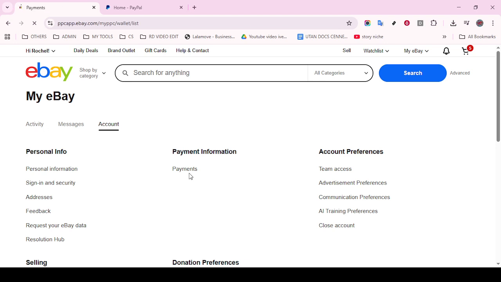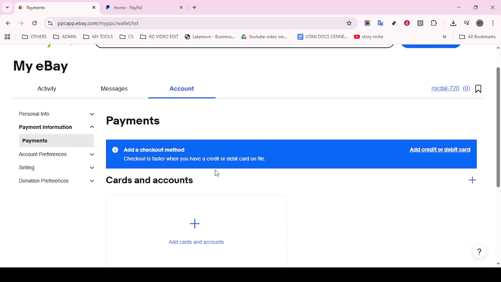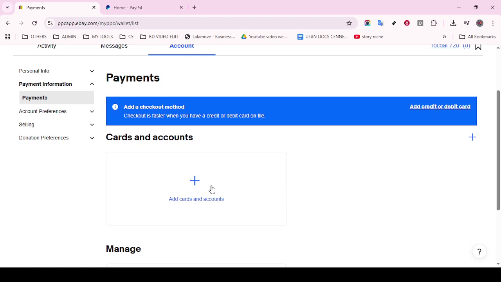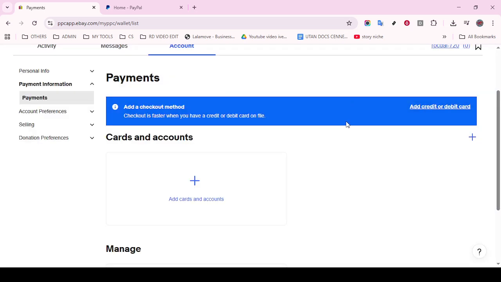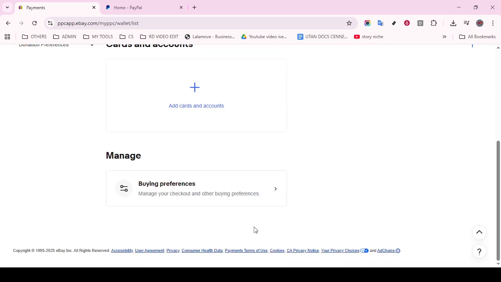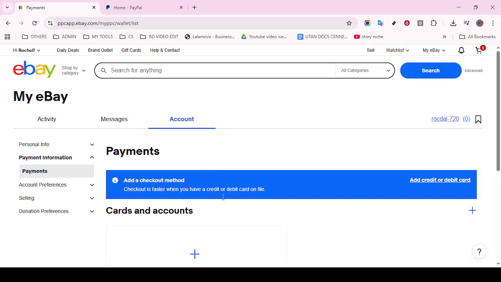On the payment page, you're looking for an option that says Add PayPal Account. When you find it, click on it to begin linking your account. Now you'll need to enter your PayPal email address. This is the email associated with your PayPal account. Make sure you type it correctly to avoid any errors. Double check if necessary. After inputting your email, you will see an option to authorize the connection between these two